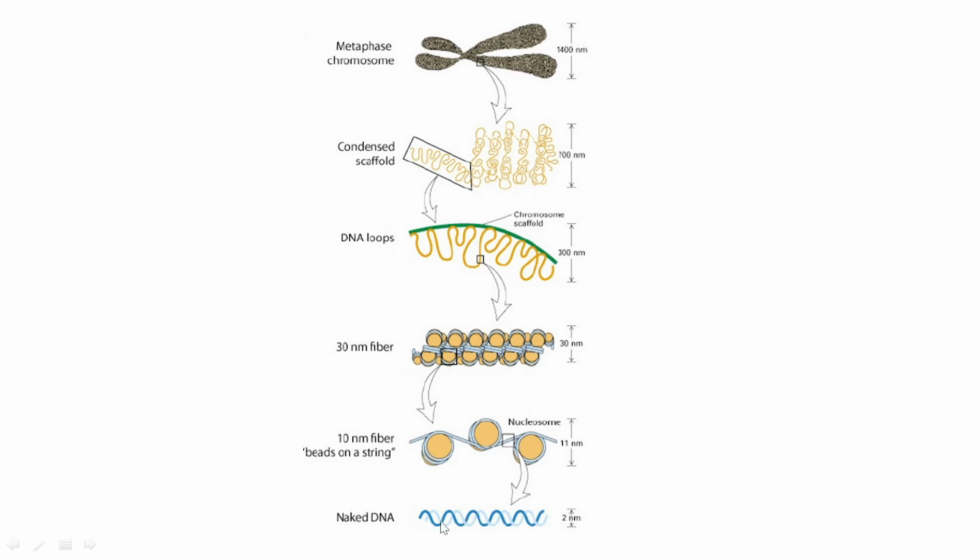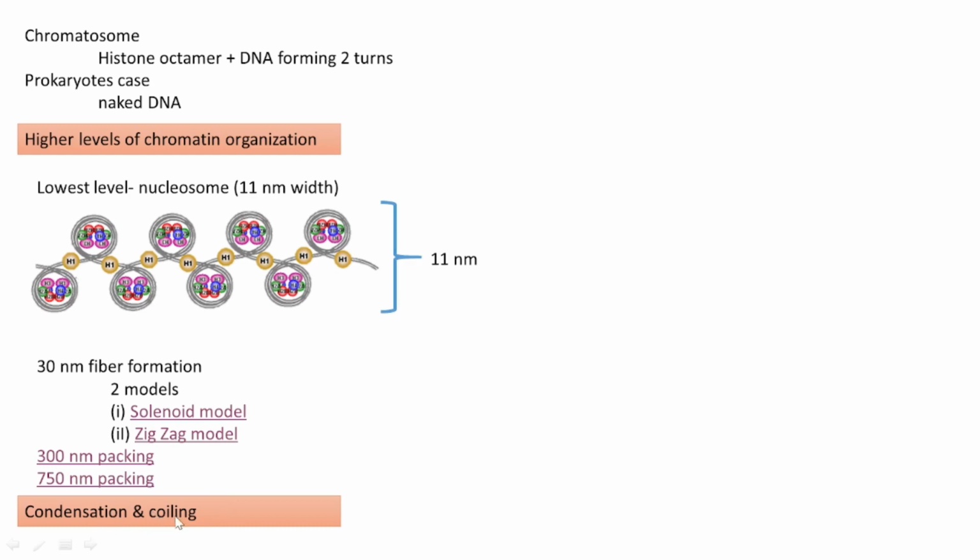I think it's very clear to you. This is the chromatin level, the nucleosome level. Again, the 300 nanometer fiber undergoes coiling, looping, and forms 300 nanometer. It again undergoes further folding to form 700 nanometer, and finally it gains the appearance of a metaphase chromosome, a highly condensed, compacted metaphase chromosome. It looks exactly like this. Okay, clear?